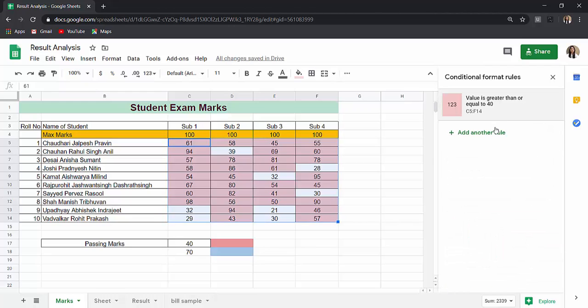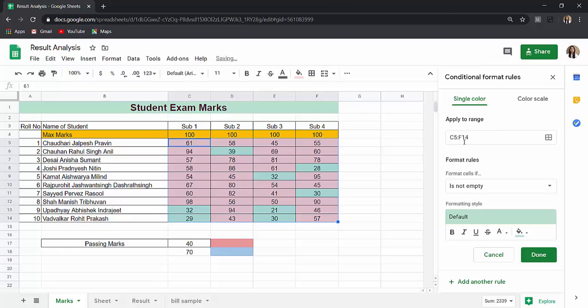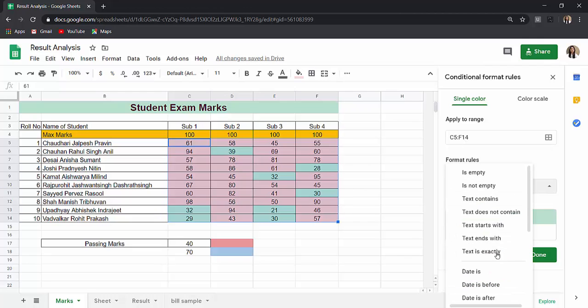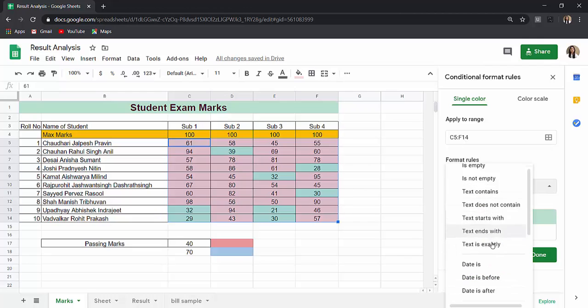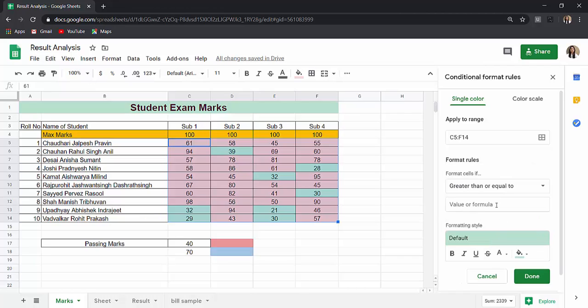Say done, and again apply another rule on the same range. You can select a single column, or you can select the entire data, or you can select C5 to F as we have discussed. And for greater than or equal to 70, we want blue color.